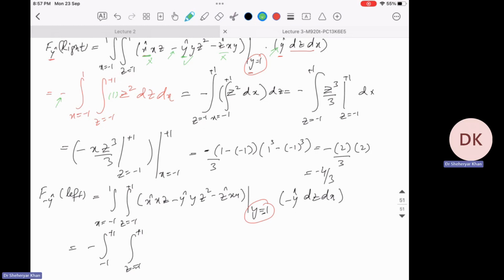Now you see, this x is finished and z is finished. So we would have minus, this negative comes out because y is also minus 1. So when you multiply this minus 1 with this minus 1, it becomes positive 1, and plus with this minus 1 becomes minus 1. So you would have,